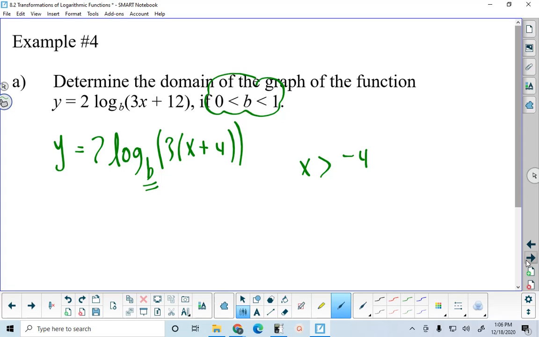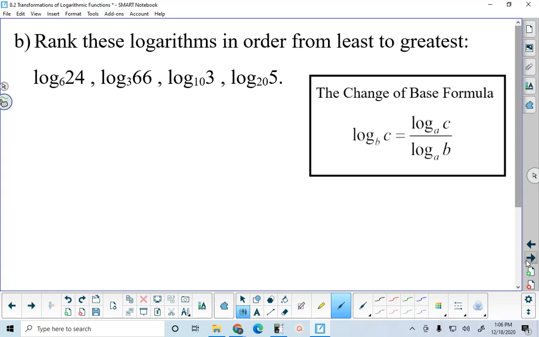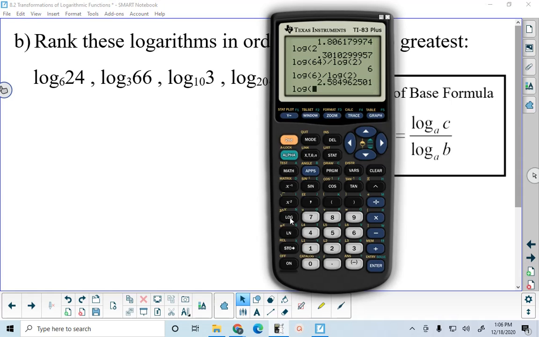Okay, I guess 4b is where the change of base formula comes in. Evaluate these and rank them. So we're going to rank them from smallest to biggest. If I want to know what log base 6 of 24 is, I can go log of 24 divided by log of 6. It's 1.77. Log of 66 divided by log of 3 gives 3.8